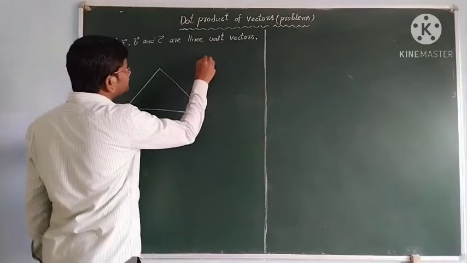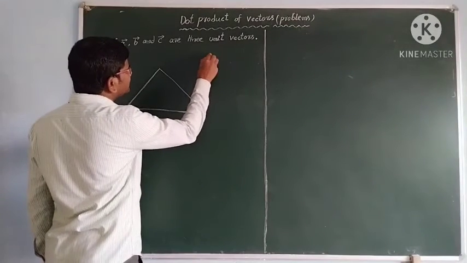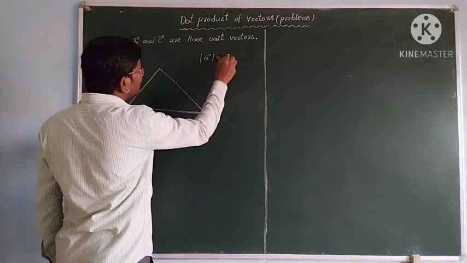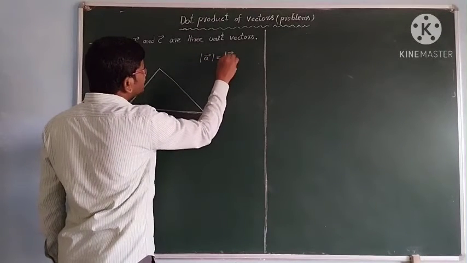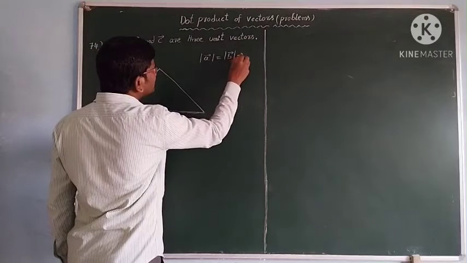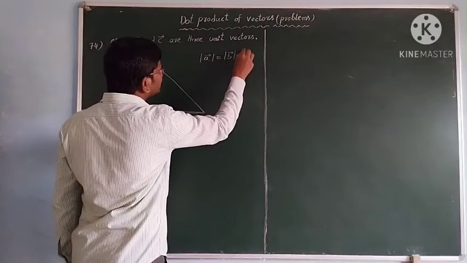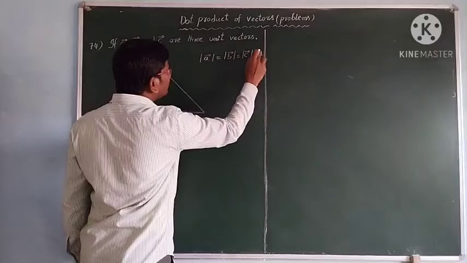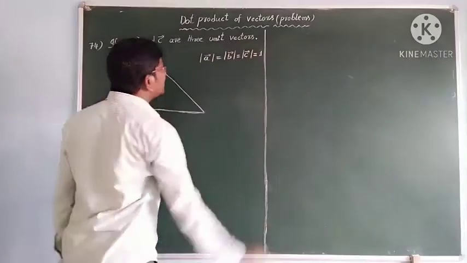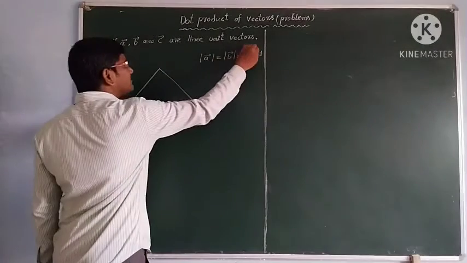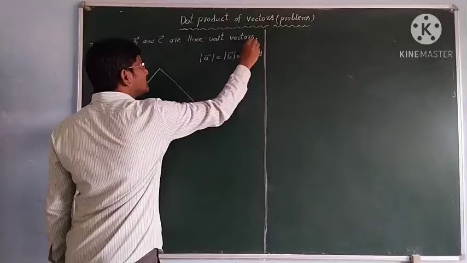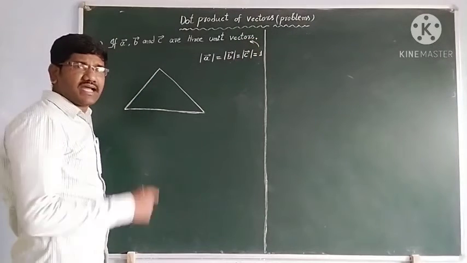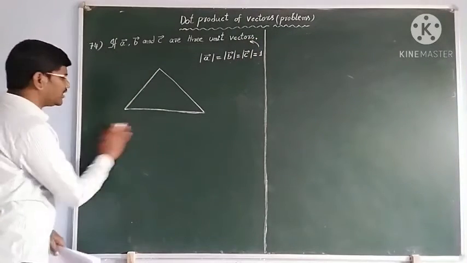That is, modulus of a bar is equal to modulus of b bar is equal to modulus of c bar, and its magnitude is equal to 1 unit. Okay students, since they are unit vectors, the magnitude is 1 unit, we know, and they are acting along the three sides of the triangle, and also given that